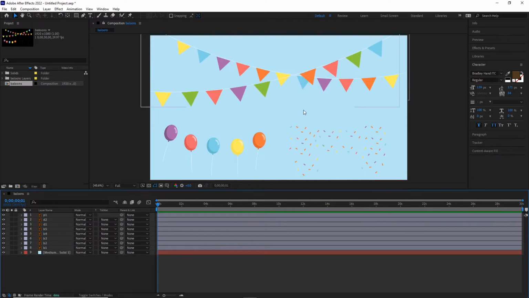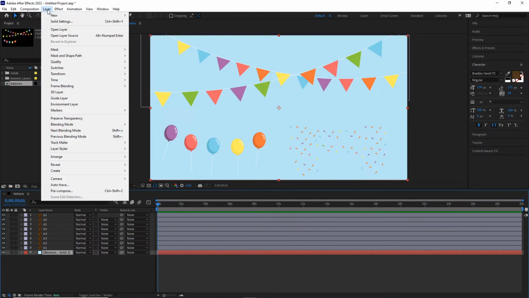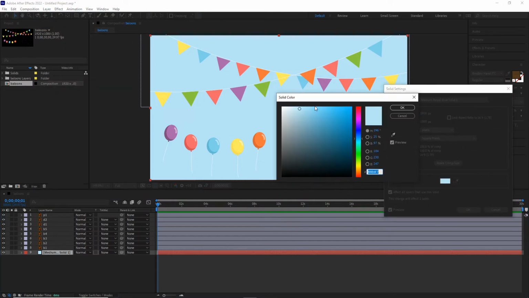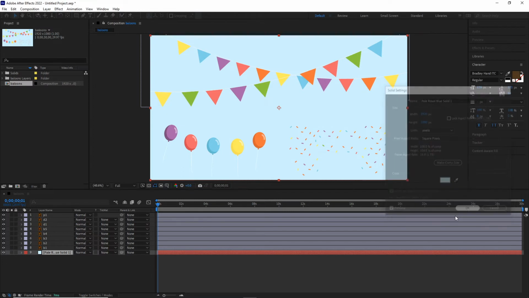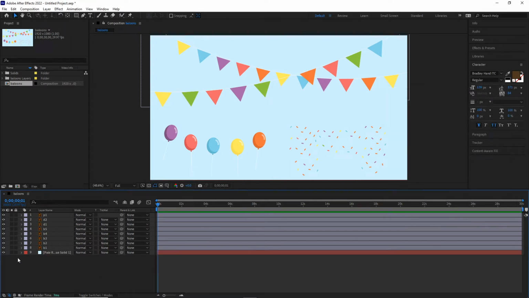If you don't like this color, you can go ahead and create a new solid and delete this one, or what you can do is click in here, go to the layer and go to the solid settings, or Ctrl Shift Y, and you will be able to change it maybe to something like so. But I want to stay with something like this, so I'm going to hit OK like this. And right now I can go ahead and lock this layer, so I won't be able to move it. One thing that I could do is click on B1 and select until B5 with Shift like so,